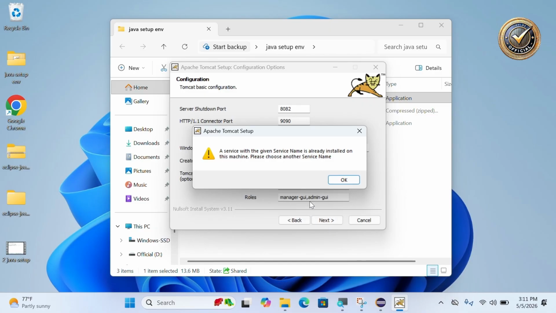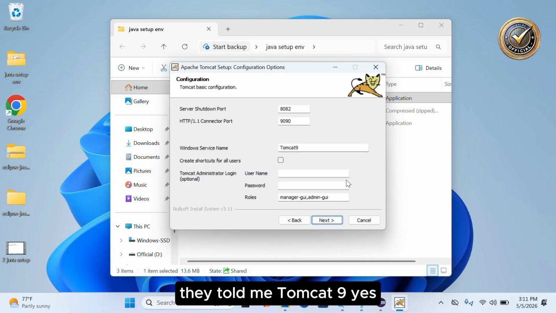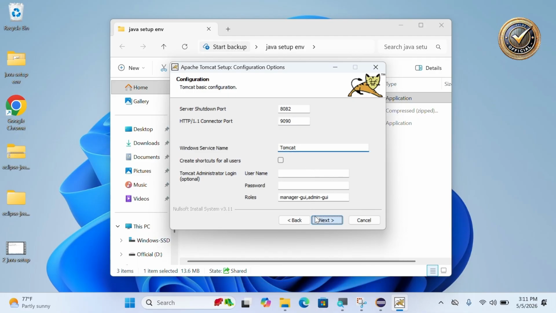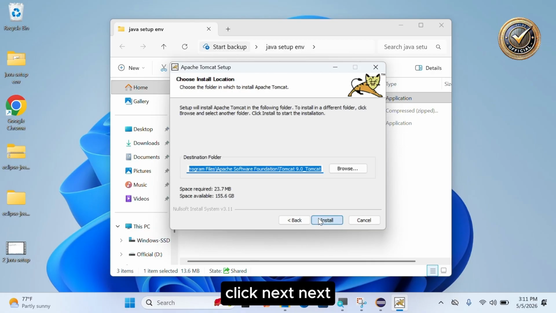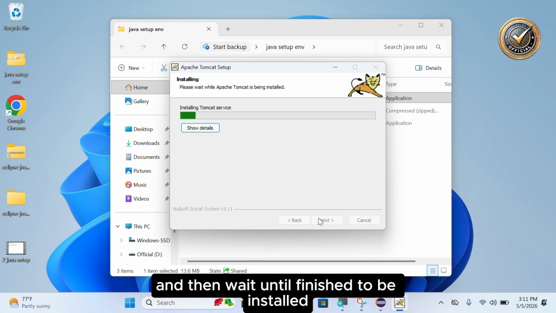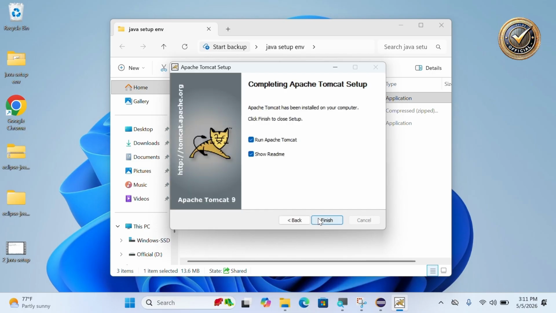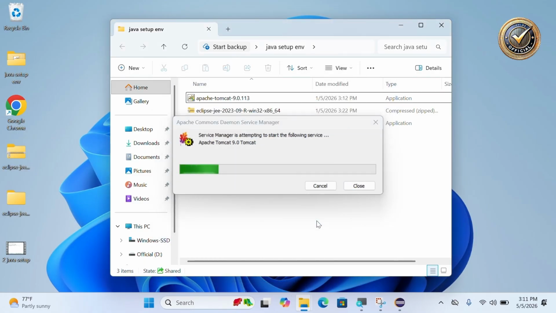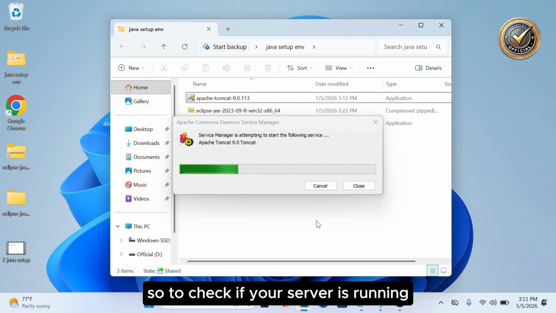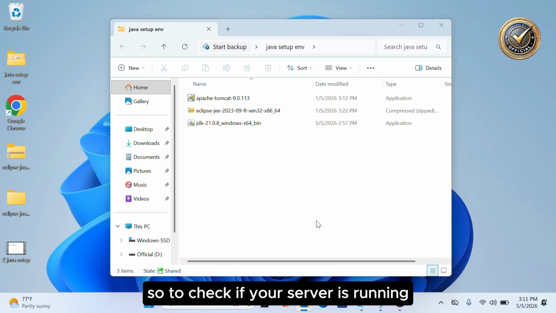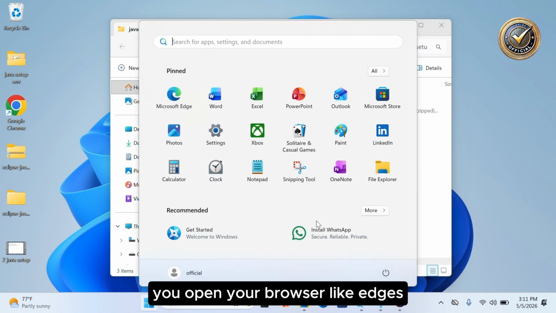Okay, they told me Tomcat 9. Yes, click next, and then wait until it finishes installing, then click finish. To check if your server is running, you open your browser like Edge or Chrome